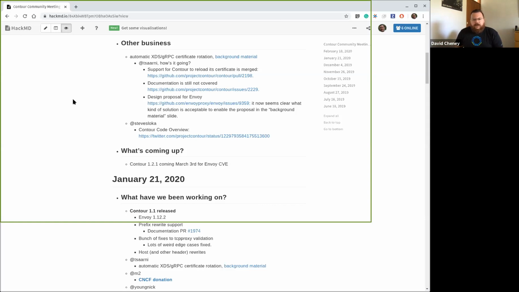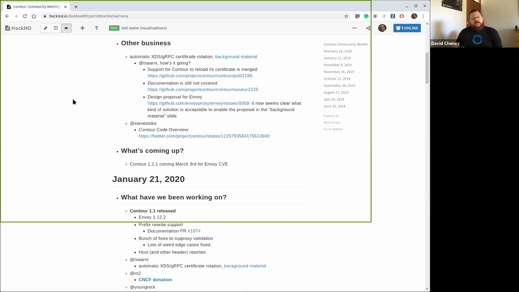Because of that, we have to ship a version of Contour so that we update the manifests to point to this new version. Also, it is rare, but not unheard of, it's happened about twice over the history of the project, that we actually have to change Contour to work with whatever is fixed in the new version of Envoy. So there will be a patch release to Contour 1.2 coming on the 3rd of March, which will also require an Envoy update. That's why we want to get all the code changes in your hands a couple of weeks beforehand, basically the end of this week, so that you can upgrade.